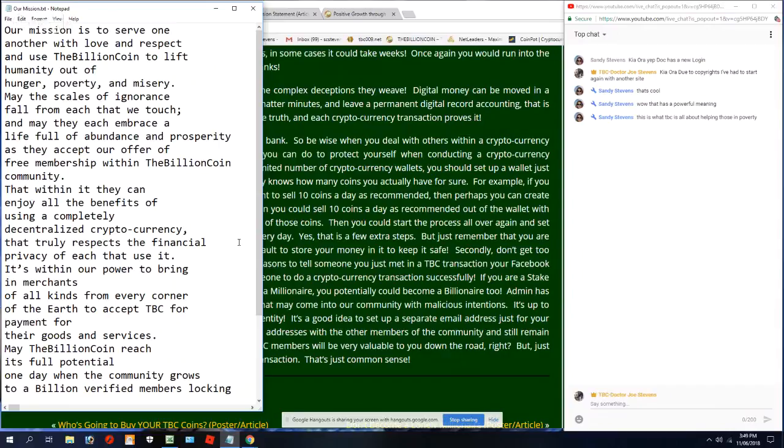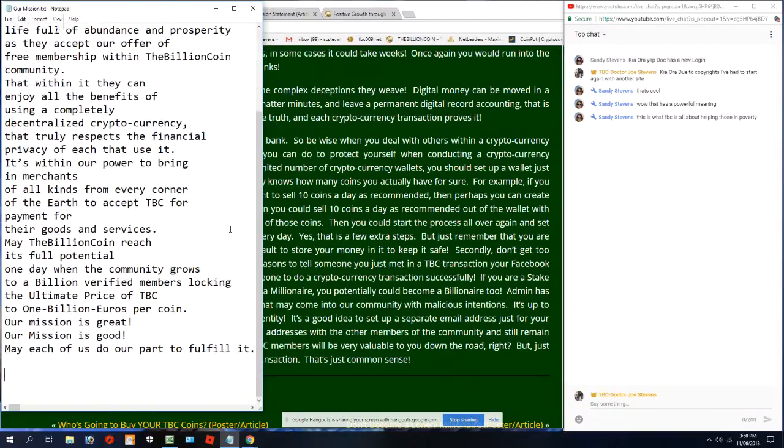It's within our power to bring in merchants of all kinds from every corner of the earth to accept TBC for payment for their goods and services. May the Billion Coin reach its full potential. One day when the community grows to 1 billion verified members, locking the ultimate price of TBC to 1 billion coin.